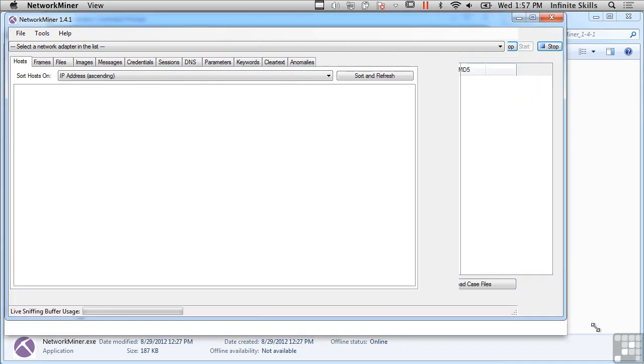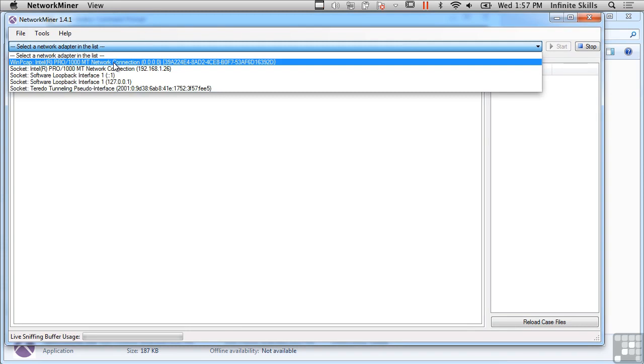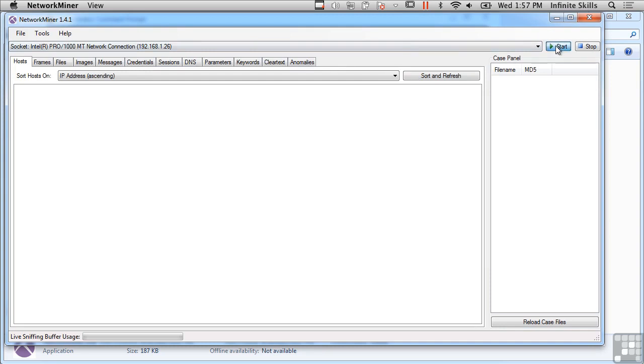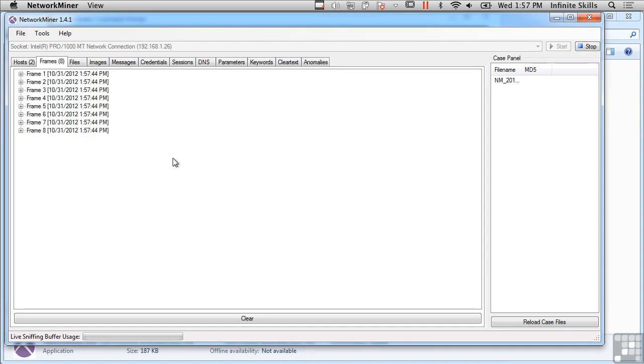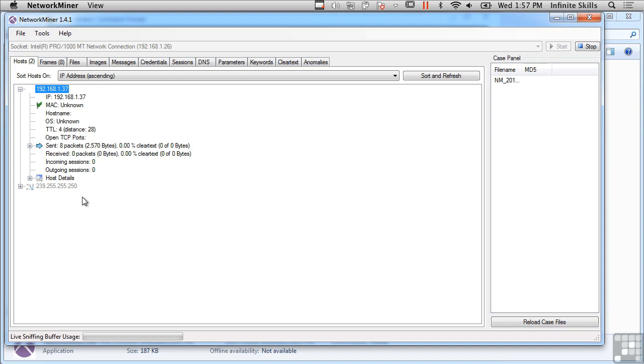So I've got NetworkMiner here, and I'm actually going to start up a capture on this interface here. And I'm going to go over here and click Start once I've selected the interface. And it's grabbing traffic on the network. If I go to frames, I can start to see different frames coming in, and you'll notice over here on the Hosts tab, I've got two different hosts that have shown up here. So you can start to see the different ways that NetworkMiner helps to make sense of the information from a